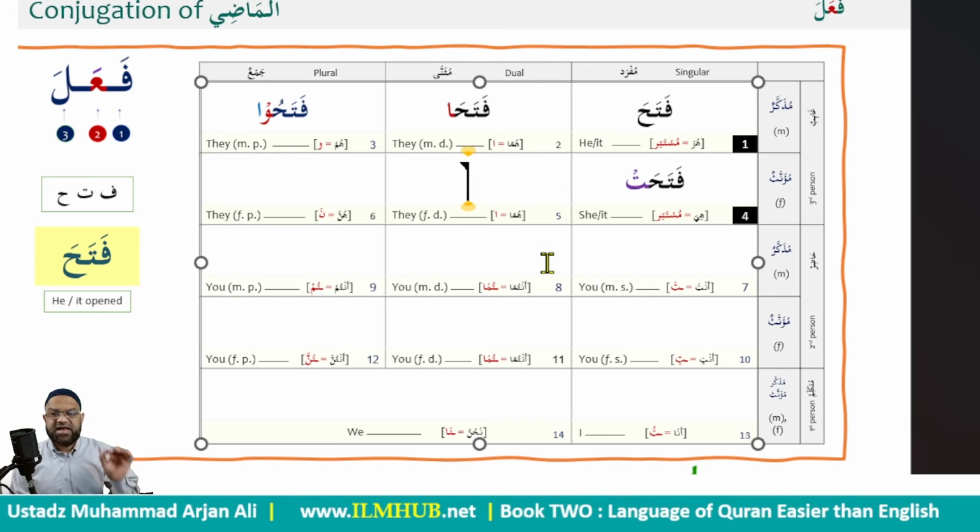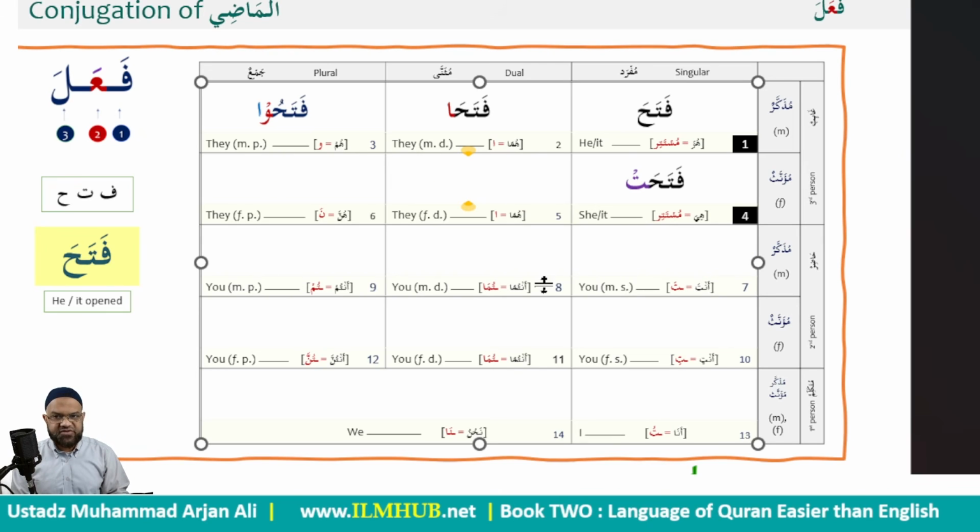So it is fatahat. Please note, there is nothing added here to indicate it is huwa. So it is called mustatir in Arabic. I'll explain that later, which means hidden. Same is the case with here. So the ta is not the doer here. Ta is just telling me it's feminine. That's all. So it is not the masculine. It is the feminine version of the verb. So fataha, we translate as he opened. Fatahat, she opened. This "she" part is not represented by the ta. It's just the fact that it tells us it's feminine. The doer is hidden. Please note that with number 1 and number 4.